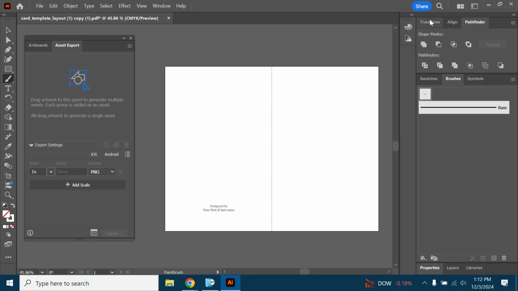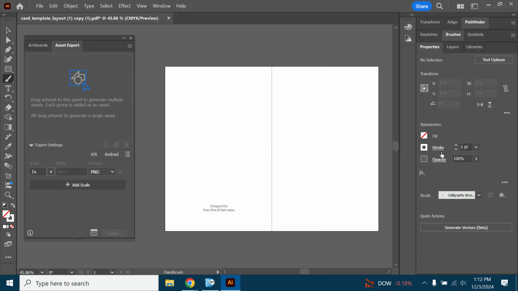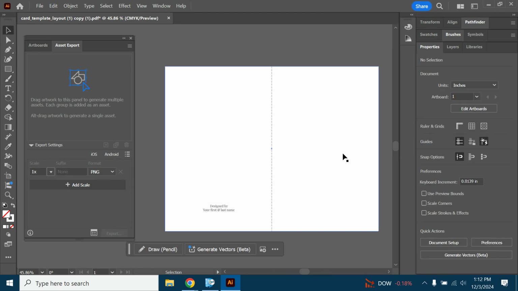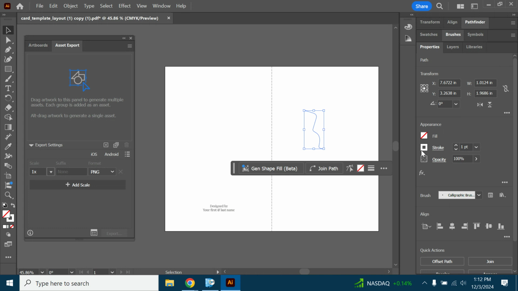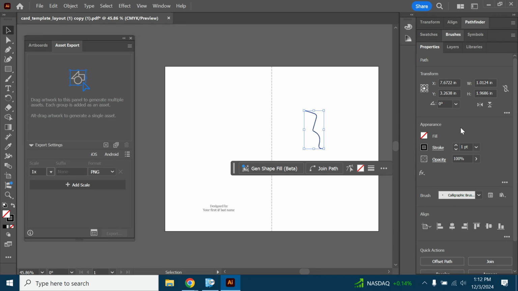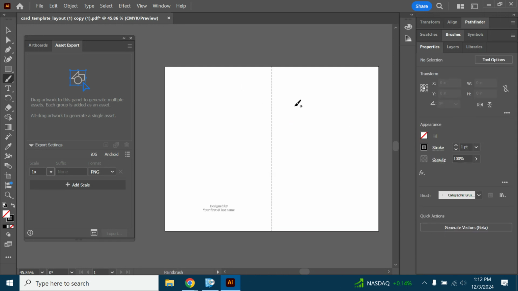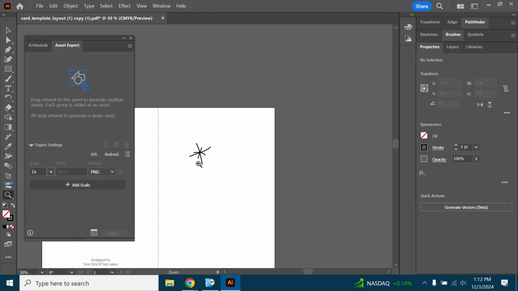I should be able to draw, as long as I have my properties showing up here too. Whoops, right down there. Okay. I just drew a line here, but it's white. So I'm going to change that to black. We'll delete that. Okay, whoops. Delete. There we go. Okay. So this is just going to be an example. This is not going to be my best work ever. I'm just going to do a quick little snowflake design, and I can zoom in on this as I'm working